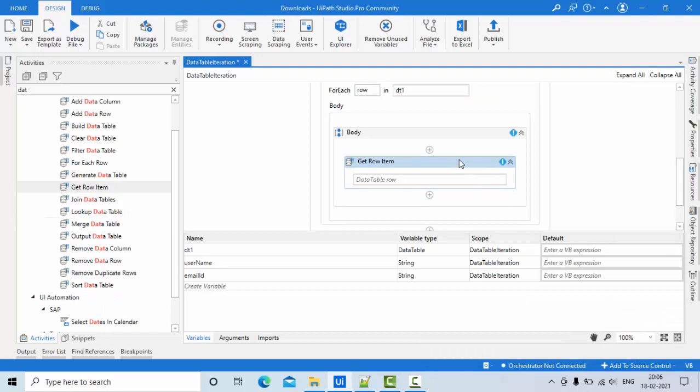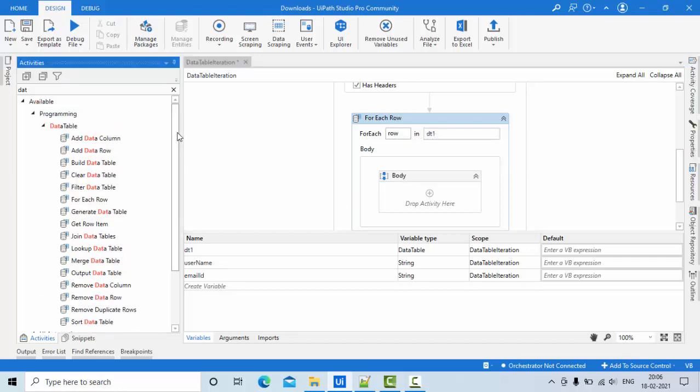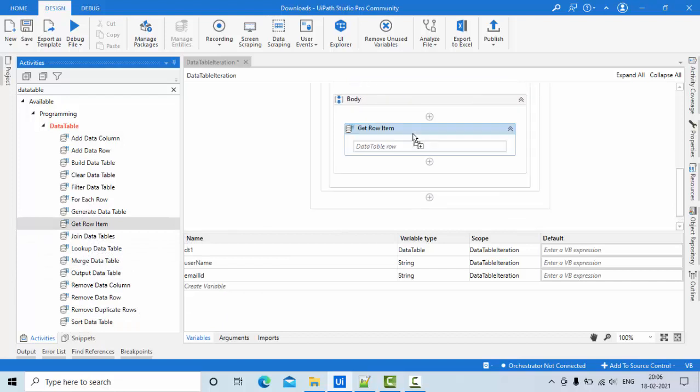So guys, in order to iterate over the data table, I'm using for each row of data table. Now, in order to get to each and every row, what I need to do is go and type data table. You will get the list of activities here. From there, you can use this one, get row item directly.